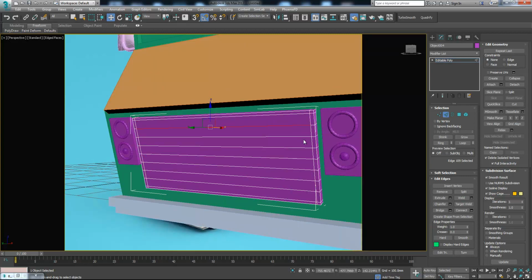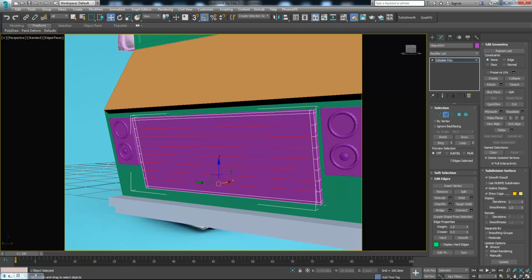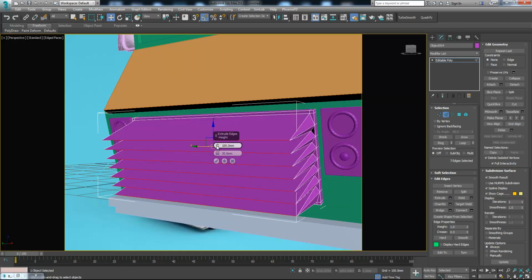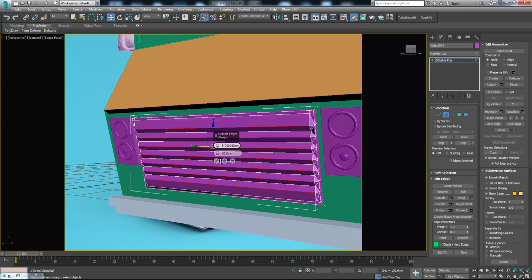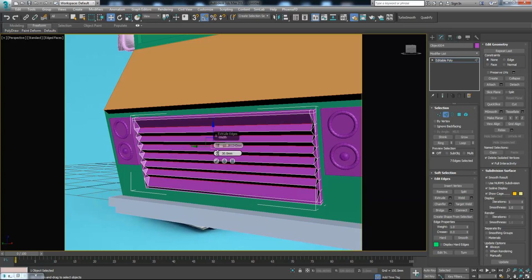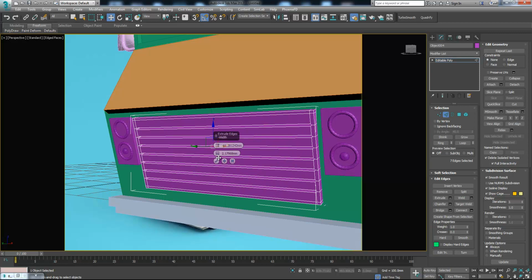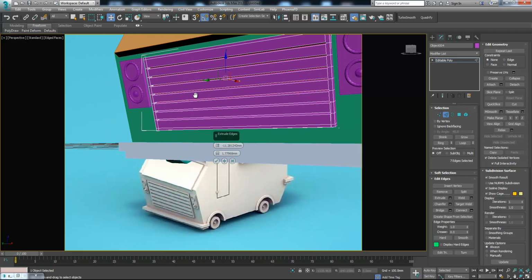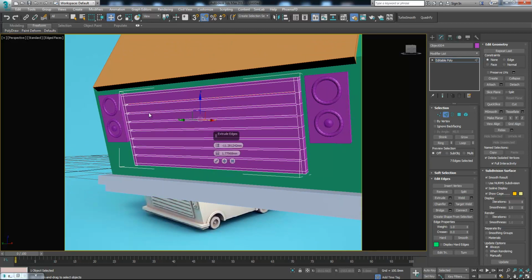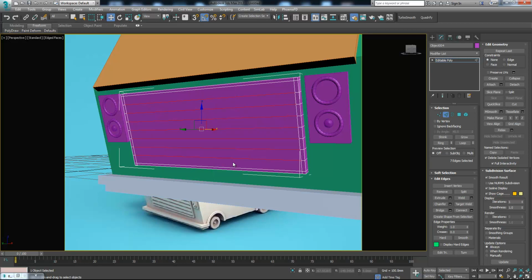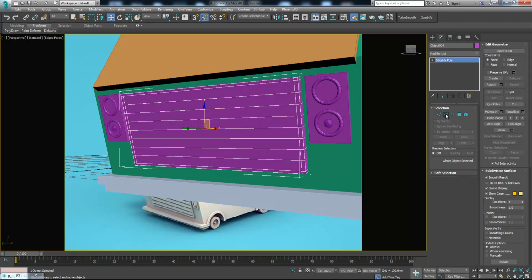so what we need to do is select these 7 edges and extrude them inside. So now we extruded them outside, so let's move it like this, and let's decrease the amount. Okay, something like this. Actually we did it wrong, because let's go back. Okay,